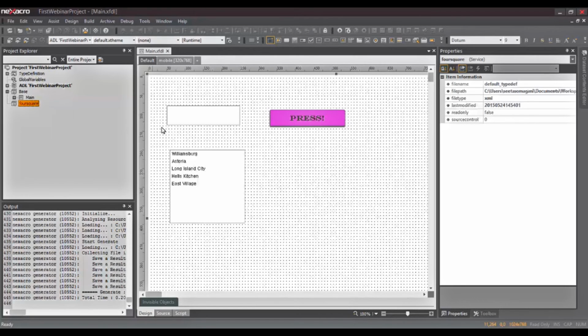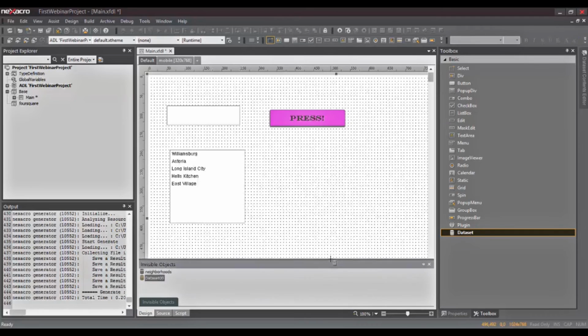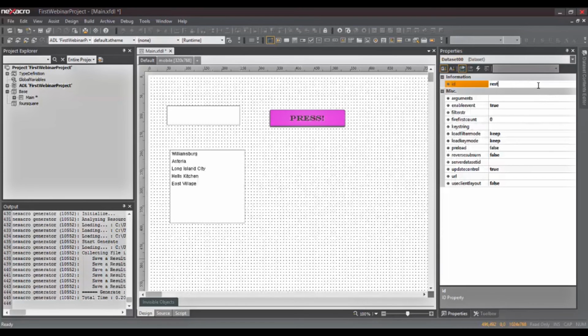Now we can use this service in a data set so that the data set fetches data from the service and binds it to a UI. So we would need to create another data set that shows the list of restaurants that are the search results. So first, I would like to rename this data set to restaurants